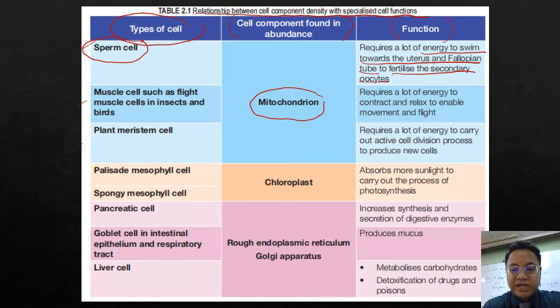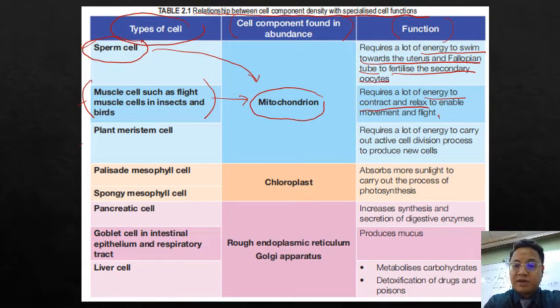Okay, so extra mitochondria here will generate extra energy for the sperm cell to swim towards the uterus and fallopian tube. Another example is muscle cell. Muscle cells also have a lot of mitochondria. Why? Because a lot of mitochondria helps to generate more energy for contraction and relaxation of muscle cell